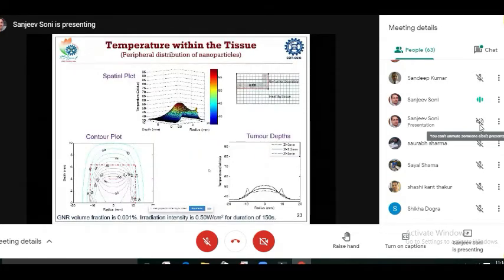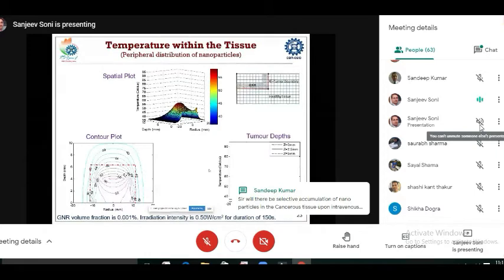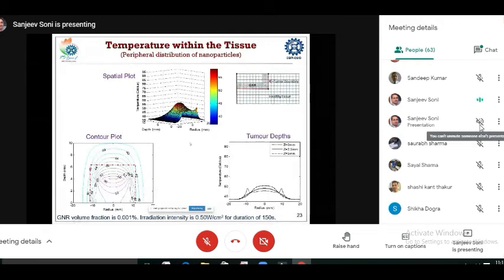When we perform computations, we end up with these kinds of plots. These are the plots of the temperature within a certain boundary, the tumor boundary. You can see here, for example, the red line shows the tumor region. Within this red line we have tumor, and outside this red line we have the healthy tissue. The aim is only to damage the tumor and to spare the healthy tissue. Based on contours, or we can plot temperatures at various tumor depths. We can also look at the 3D plots to understand the temperature evolution.